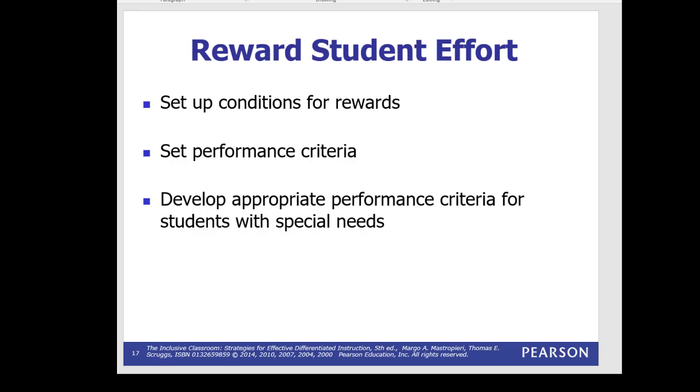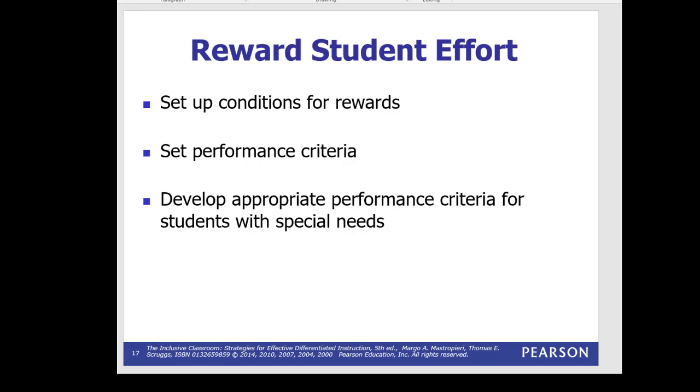So how can we effectively reward? We have to set up specific conditions for the reward. For example, if you get over a 90% on the test, you can get 5 minutes on the computer during free time. That's a specific condition. If you go through the week with 0 behavior referrals, you get extra recess on Friday. If you do X, you will get Y. The X has to be something that you have to be working towards, and it has to be something that students actually like in the first place.